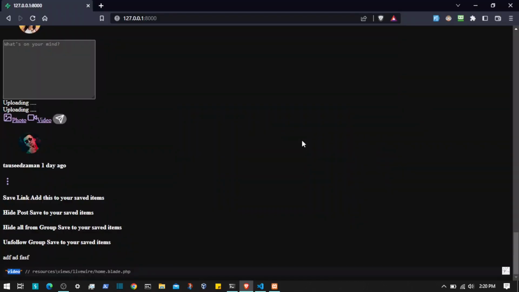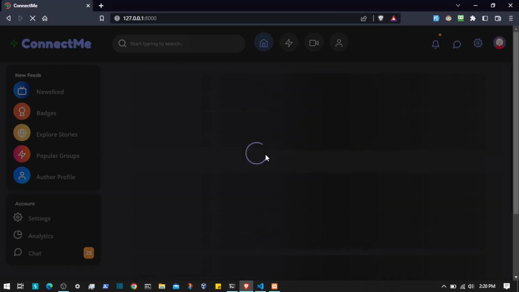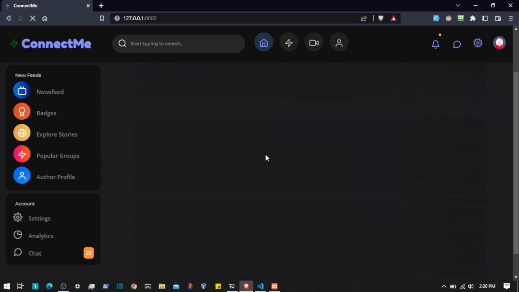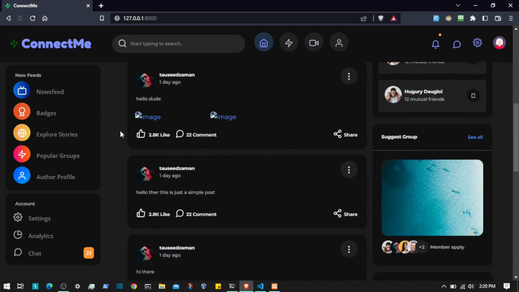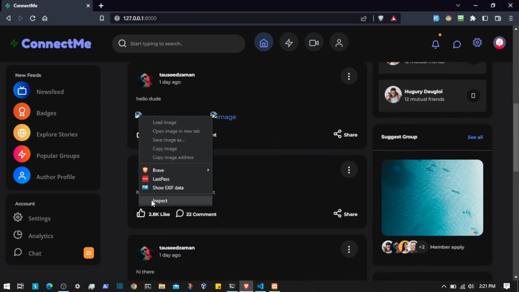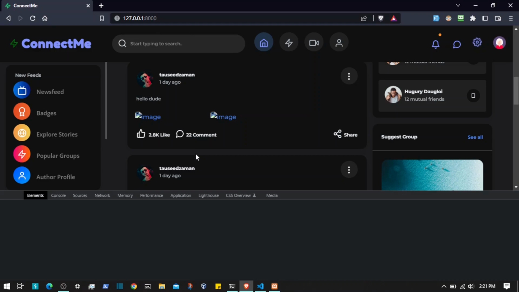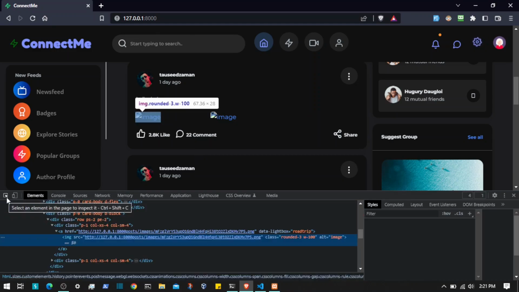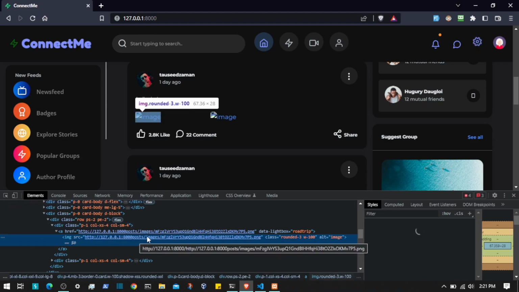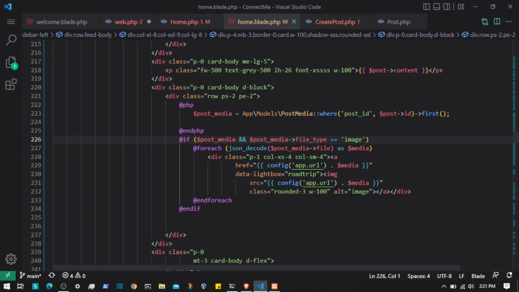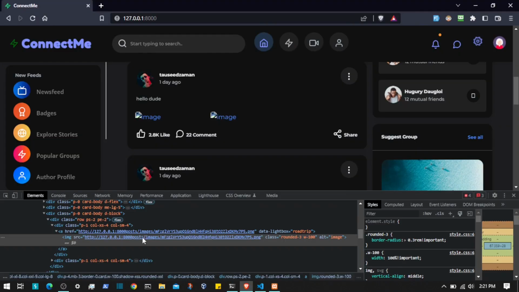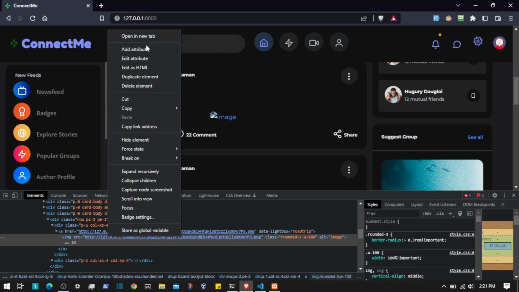Now let's try that again. So I'm gonna refresh the page, and yeah, here we go. The error is gone, and let's see if that thing is working. The code is working, but the path is not correct, so let's fix that as well. This is considered the path. Yeah, the storage, oh yeah, we have to add slash,